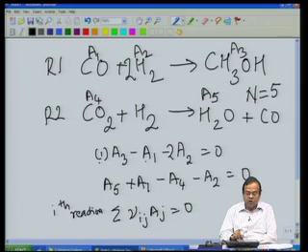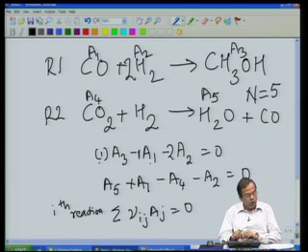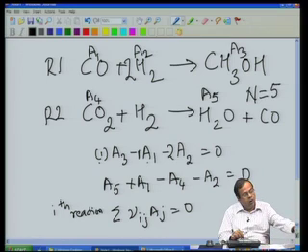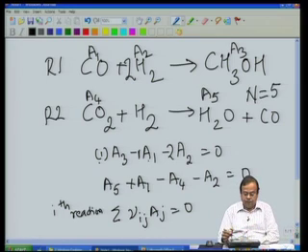If the species is a reactant, the stoichiometric coefficient is negative. So, we follow this standard convention of positive stoichiometric coefficient for the product and negative stoichiometric coefficient for the reactants. So, this is my general